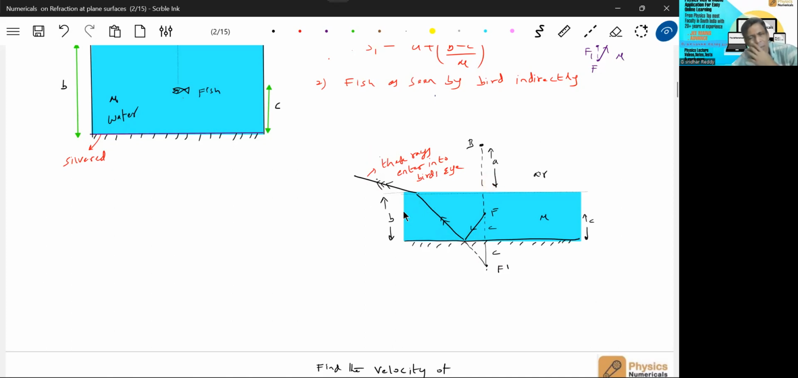So what is the distance now at which the fish will be seen by the bird indirectly? Indirectly means that there's an indirect way. So then the formula will be S2 is equal to the distance of the bird from the boundary, B plus C by